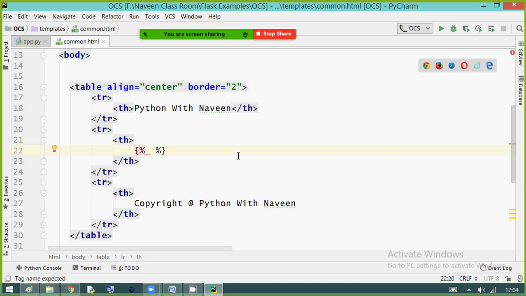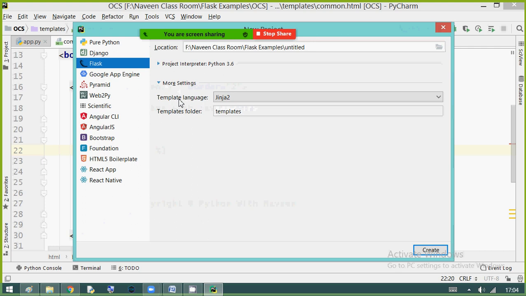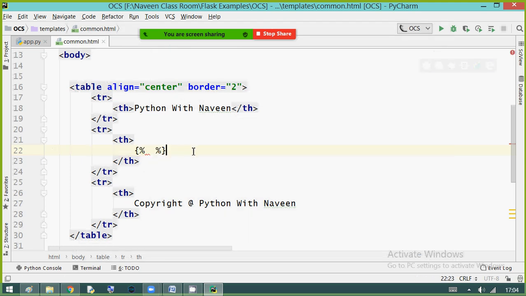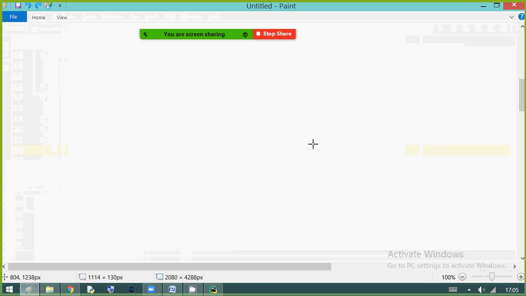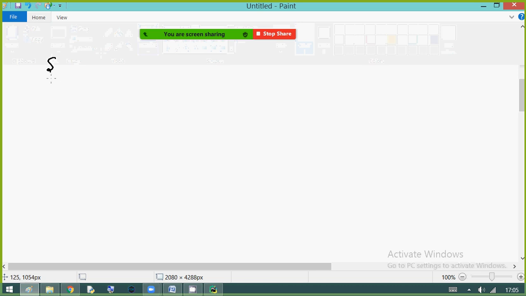Point to be noted, while creating a project in Flask, I have selected the template language as Jinja 2. These are the Jinja 2 template formats. In the template language we use only two. One is a variable tag.